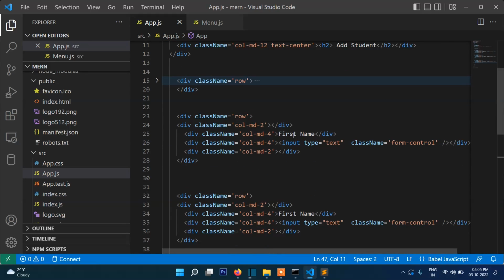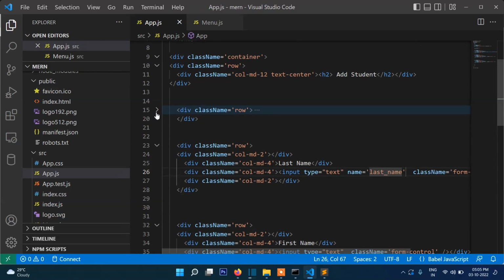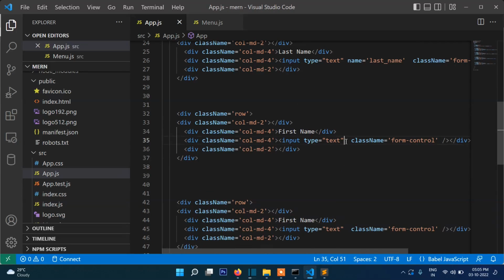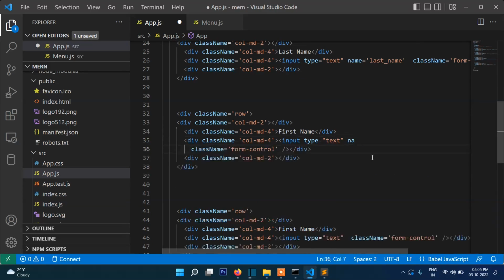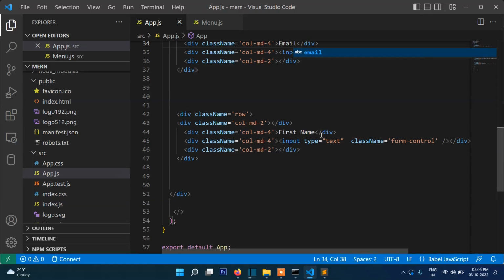So this one will be last name and last name, first name, last name, then email, and then here